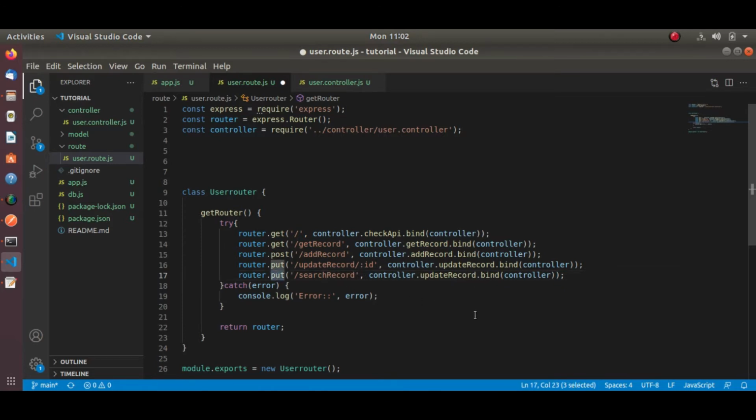Let's say my method I am giving post. Accordingly, here you have seen we have defined the route. Now our job is we will create the controller function or controller method.